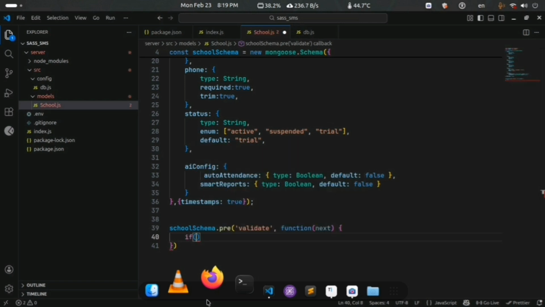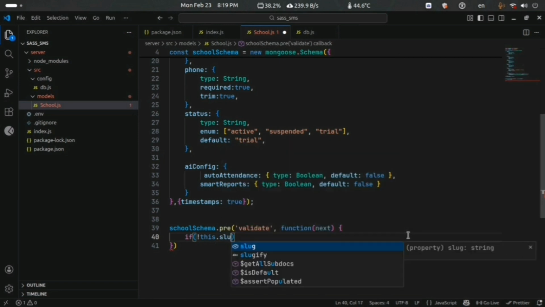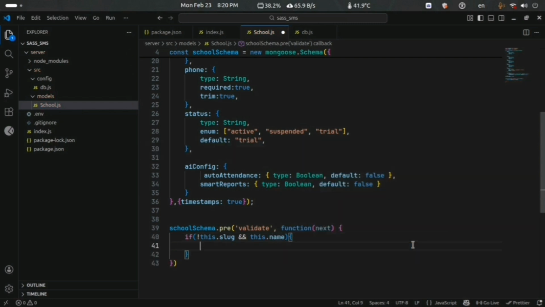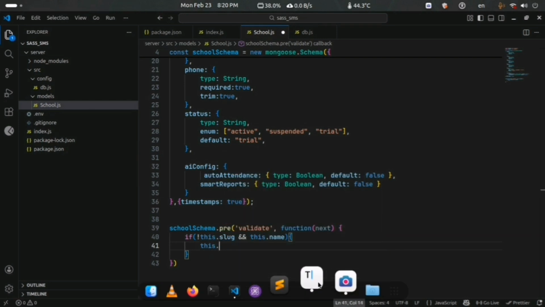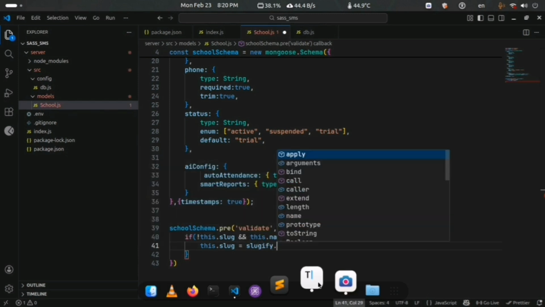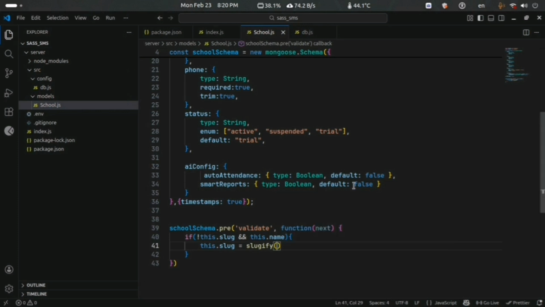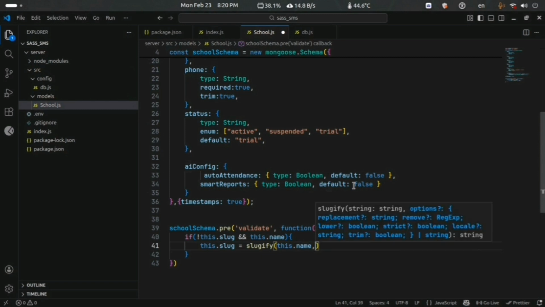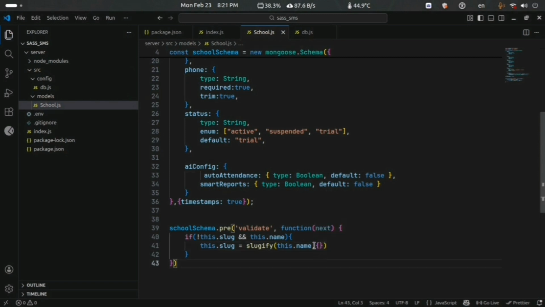Inside it, if not this.slug and this.name, this.slug is equal to slugify(this.name), with options lower true, strict true. After it we call the next function.